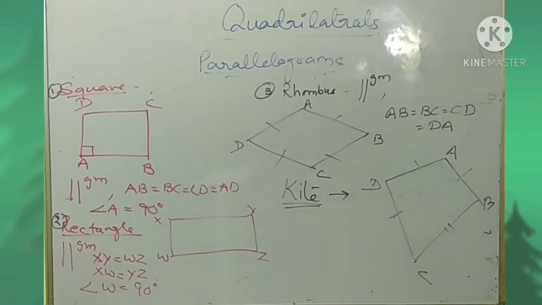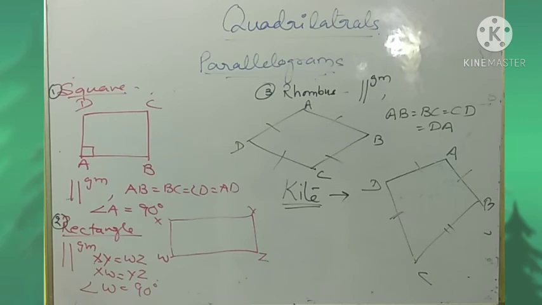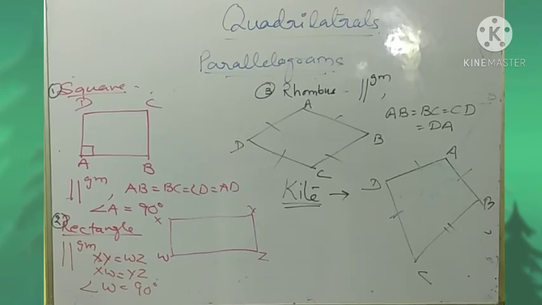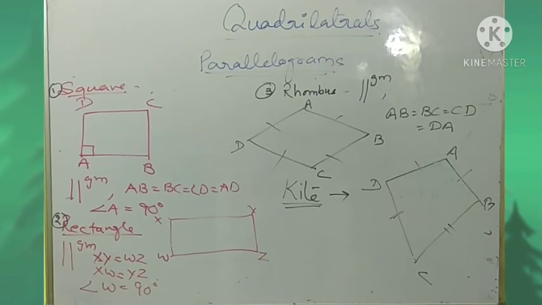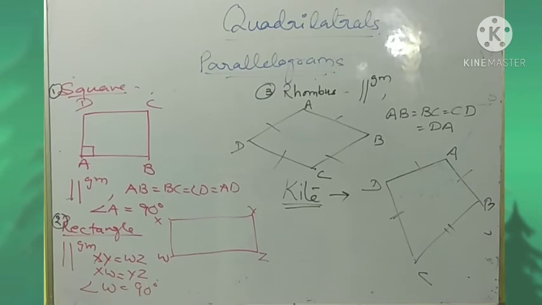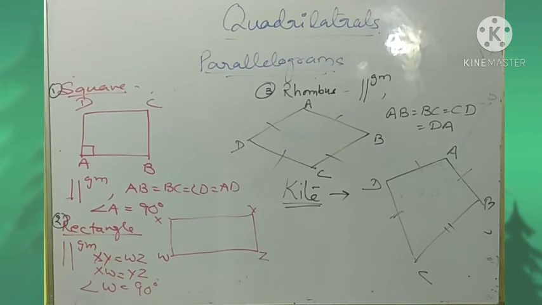So in short, what we can say, we are having quadrilaterals: the trapezium, parallelogram, and kite. So what is a trapezium? Trapezium is a quadrilateral in which one pair of opposite sides are parallel, and parallelogram is a quadrilateral in which both the pairs of opposite sides are parallel, and in parallelogram we are having different types. They are the square, rectangle and the rhombus. While kite is a quadrilateral which is in the shape of a kite and in which a pair of adjacent sides are equal.